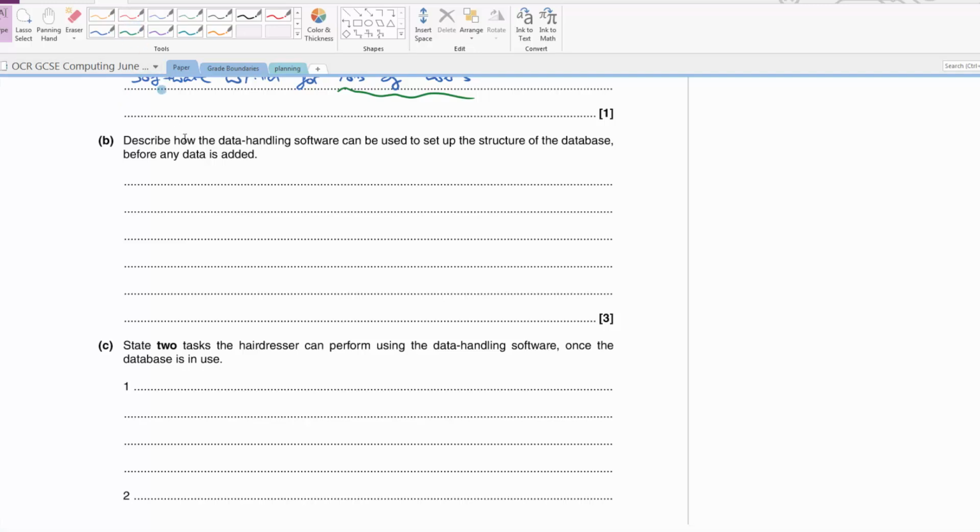Part B of this question says, describe how data handling software, or the database management software, whatever you want to call it, can be used to set the structure of the database. The structure is quite a key word here, before any data is added. This is really important too. So the kind of idea here is, if you're making a database, or the structure of a database, so we have our